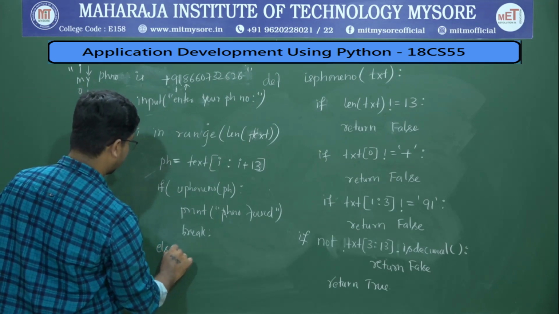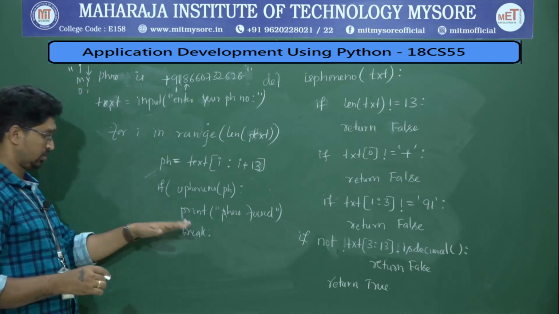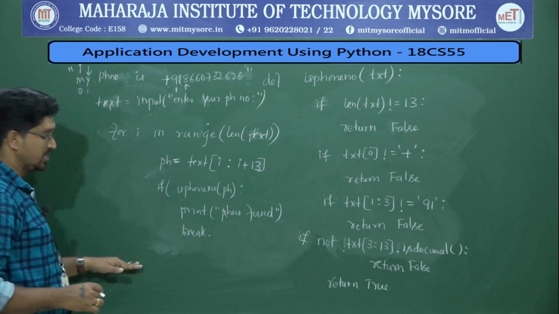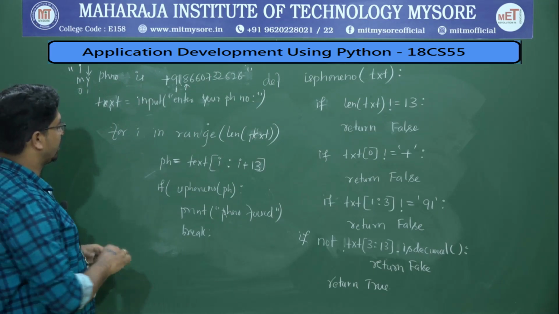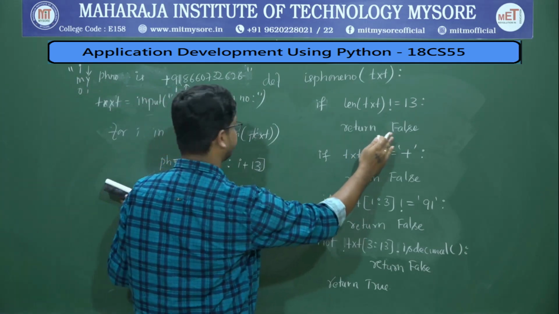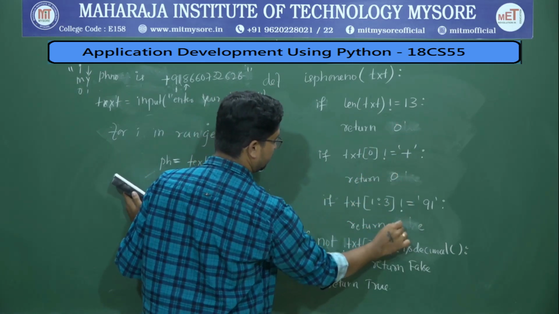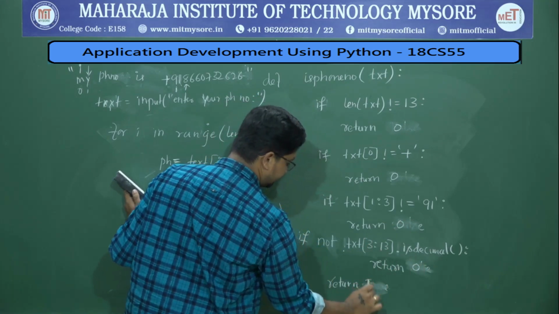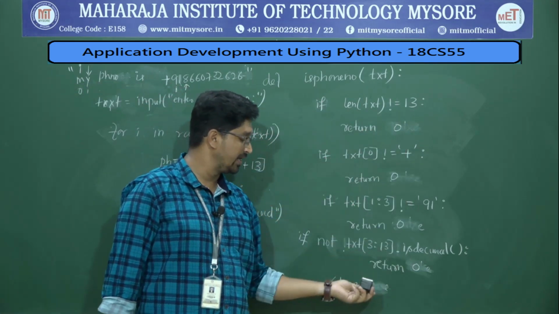Else, okay, no else. So there itself we will not decide there is no phone number. Once the for loop ends, then only we will decide whether it is a phone number or not. For that, instead of return false, I can say return 0, and return 1. I am returning 0 if the phone number is not found, and finally return 1.